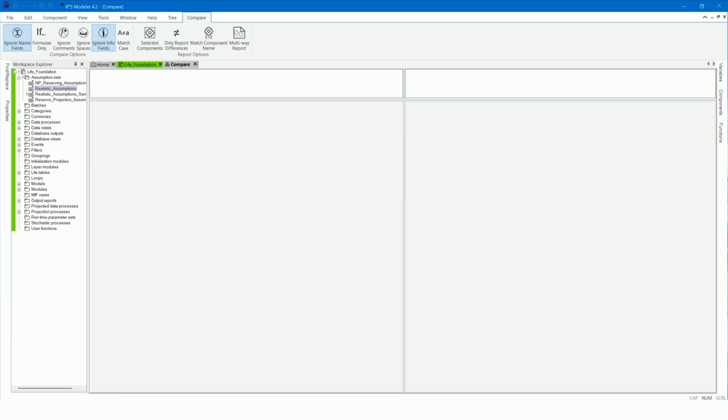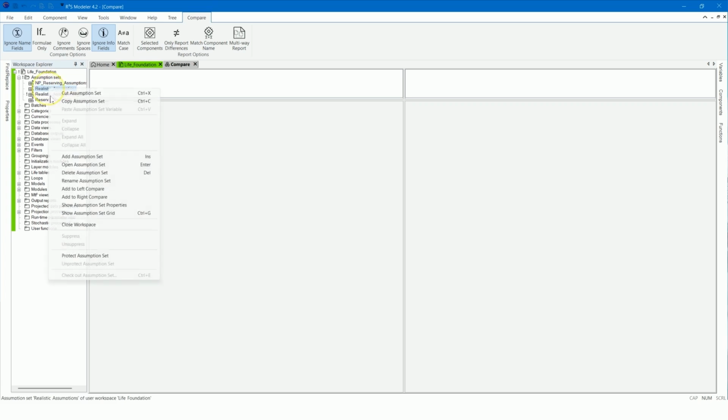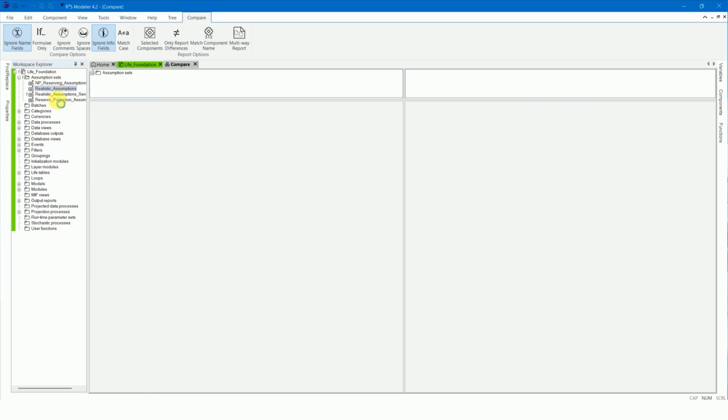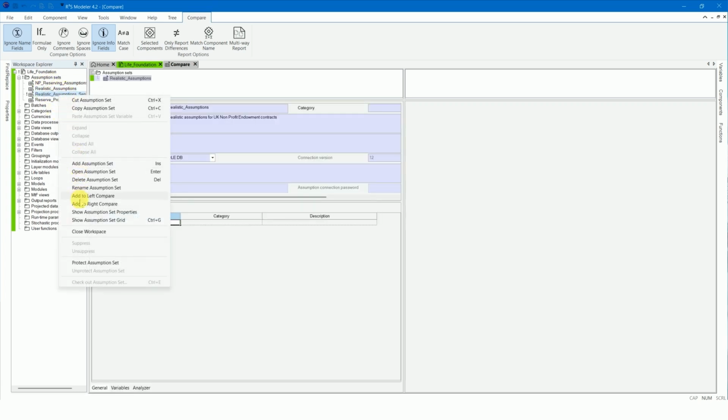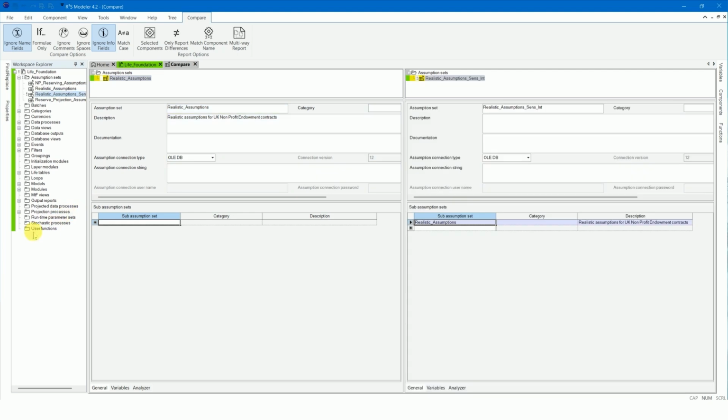From the Workspace Explorer, add each assumption set to the windows in the Compare tab. In the General tab, the new assumption set shows the subcomponent in blue, highlighting it has an extra subcomponent.